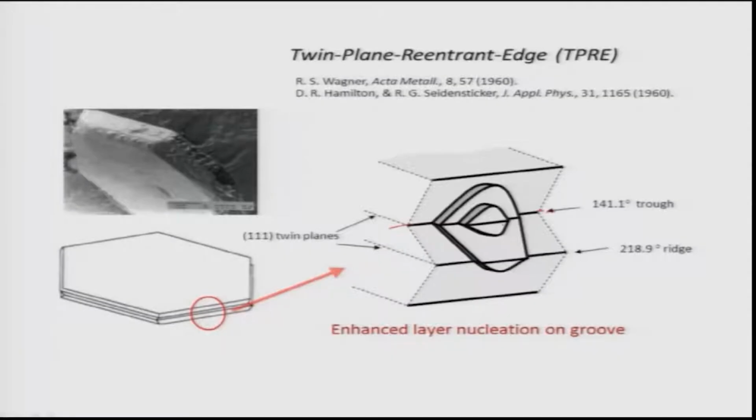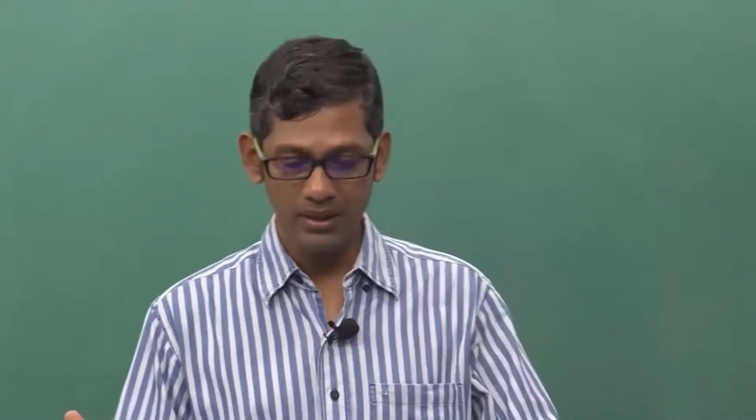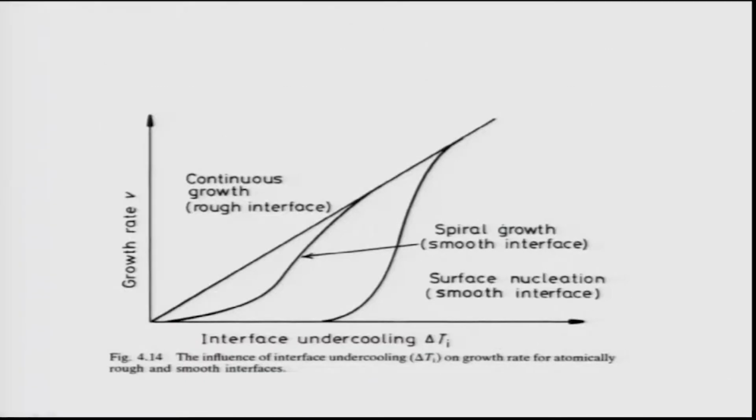But on the other hand, for atomically smooth surfaces where there is a diffuse interface, that means there is a huge layer between the solid and liquid, atoms can easily sit on the surface and grow, and that kind of growth is known as continuous growth. And growth by twin or dislocations or surface nucleation is known as stepwise growth. So now it is possible to calculate